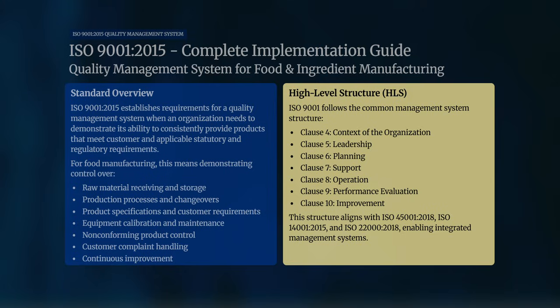The high-level structure: ISO 9001 follows the same common management system structure. Clause 4, context of the organization. Clause 5, leadership. Clause 6, planning. Clause 7, support. Clause 8, operations. Clause 9, performance evaluation. Clause 10, improvement. And this structure aligns with ISO 45001:2018, ISO 14001:2015, and ISO 22000:2018, enabling an integrated